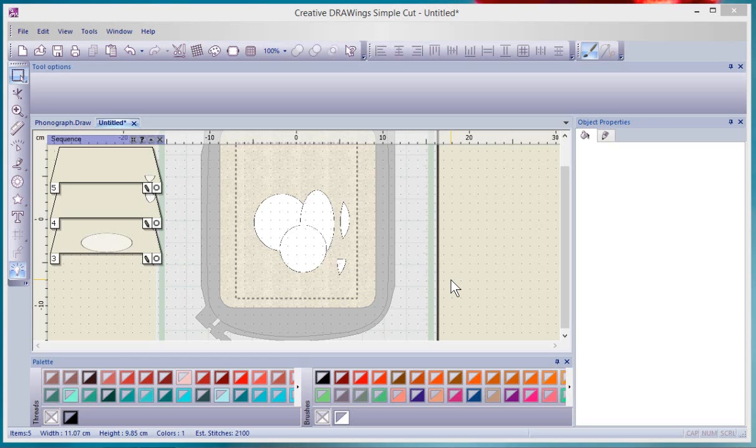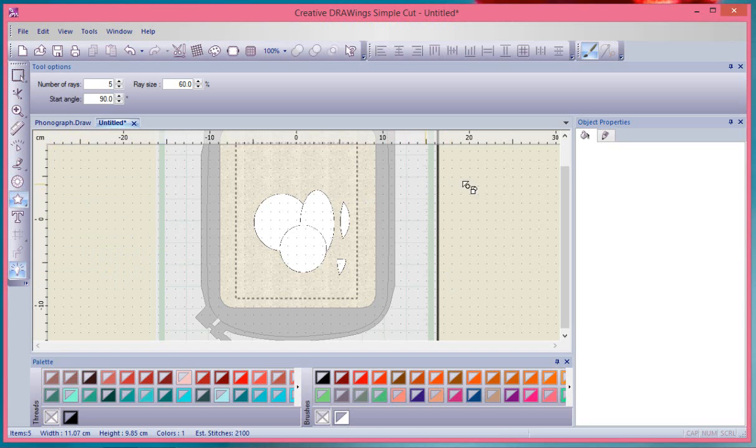In this video, I'm going to show you how to use copy and paste and also to use the duplicate option, and then we'll talk about creating clones and what exactly that means. So first of all, I'm going to choose the star shape tool and just simply click and drag to create